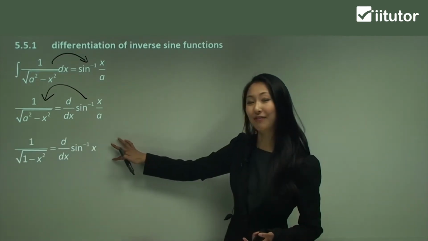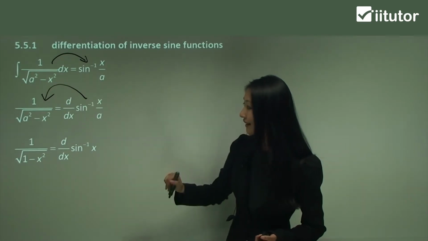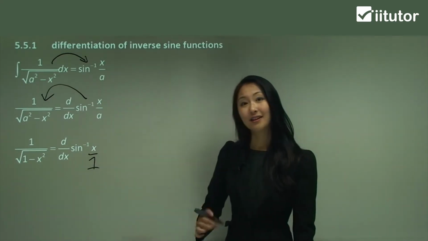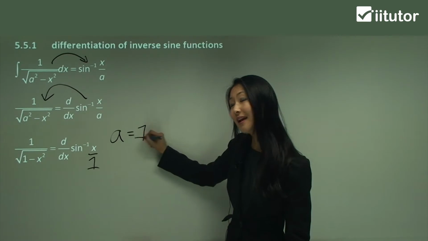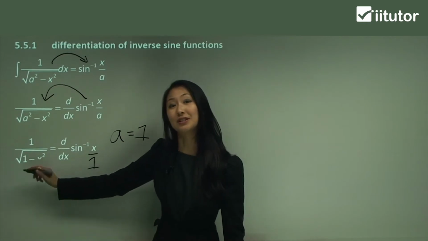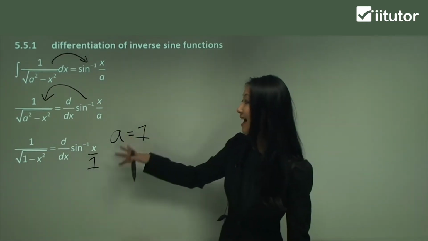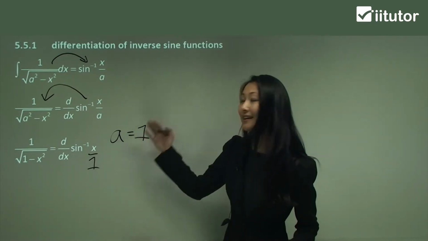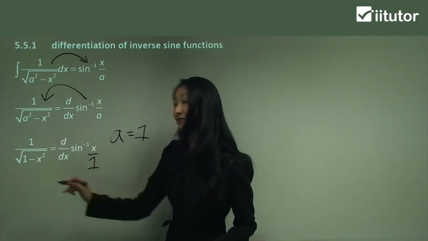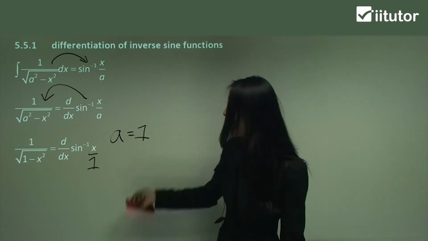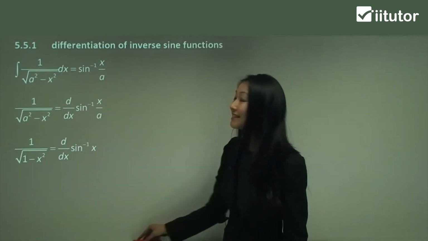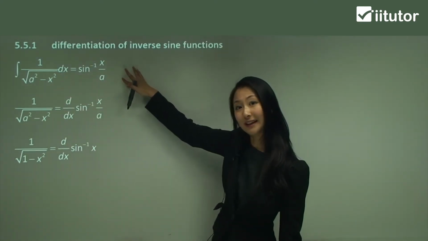And now we just want to have a look at your general formula. All we've done here is that instead of having x on a, what we have is x on 1. So essentially a equals 1, and if a equals 1, all I've done is substituted your a squared for 1 squared, which is just 1. So what we have is that the differentiation of just inverse sine x equals 1 on just square root of 1 minus x squared. And this general formula for the differentiation of inverse sine x is going to be used throughout our questions. So all we need to learn from this is that from your basic integral formula here,